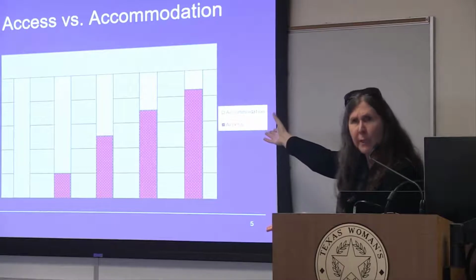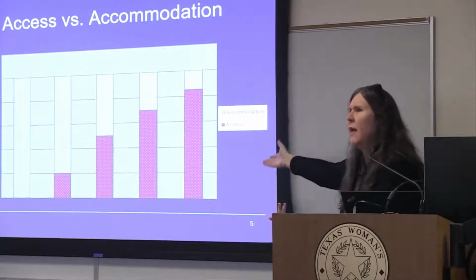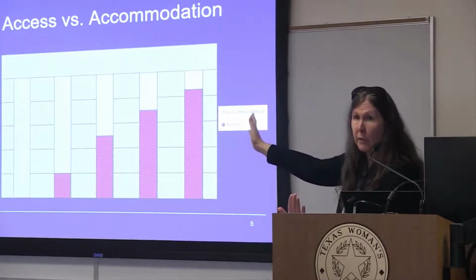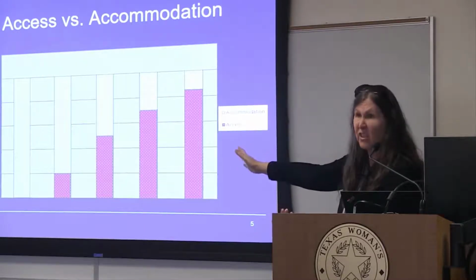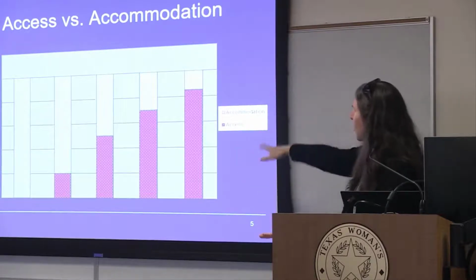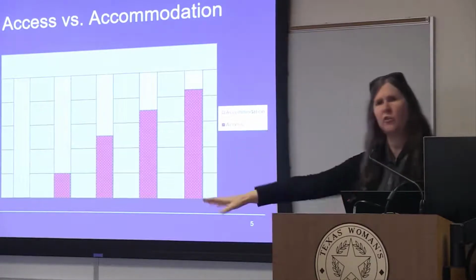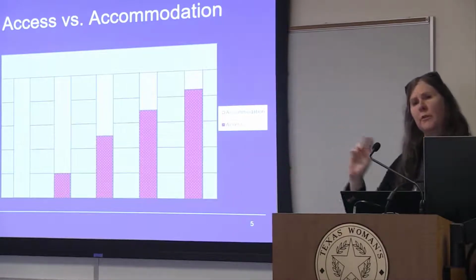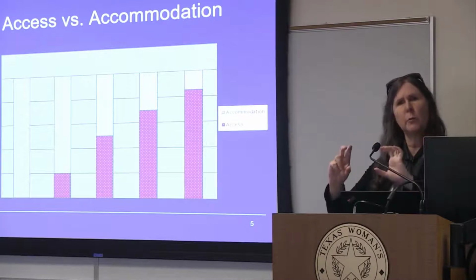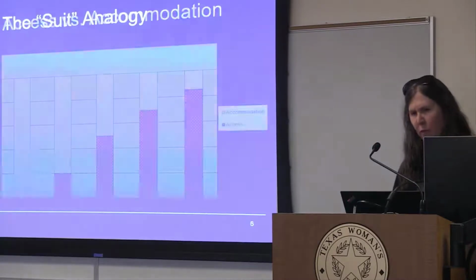So you can see that in the case of just having to add a piece of software that Disability Services already has access to, they can do that in an afternoon or a day or two. The geography class, clearly, that's going to be a lot of work. That's going to take weeks and weeks to do. So this is what we're talking about. The more you can build in the access, the part that's just there, the easier, the faster, and the less expensive it will be for Disability Services to come in and work with you to provide that extra little piece.